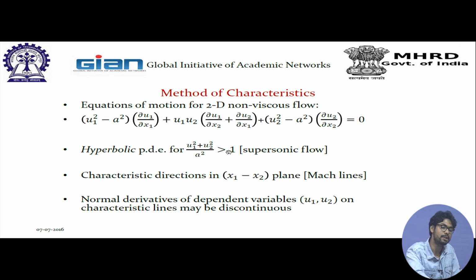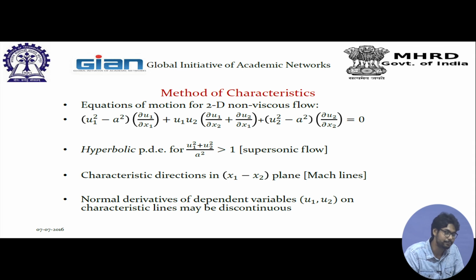Since we are designing a supersonic nozzle, in this regime the partial differential equation becomes hyperbolic, and from partial differential analysis we know that a hyperbolic PDE has two characteristic directions in the x1 x2 plane,